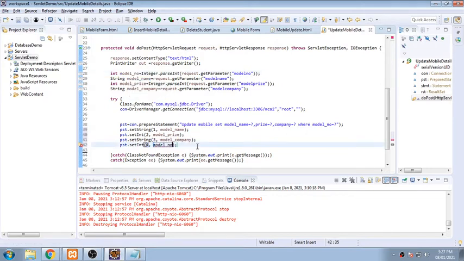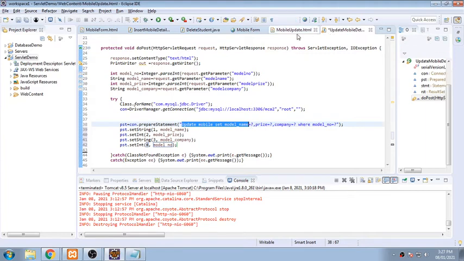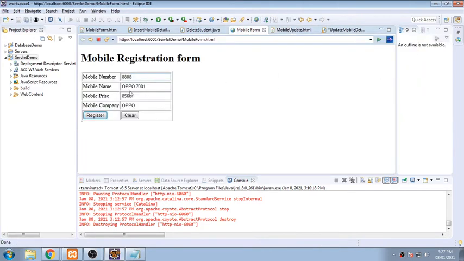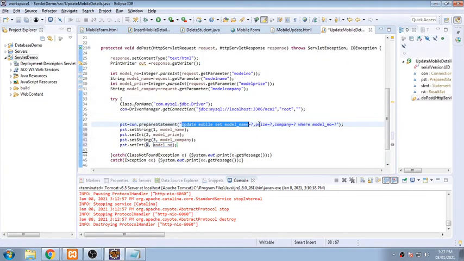So now the query will be update mobile set model name is equal to whatever you have passed into the text box, comma, price will be whatever you have added, company will be whatever you have updated, where you cannot change the model number, so that's why we are using it in the where clause.